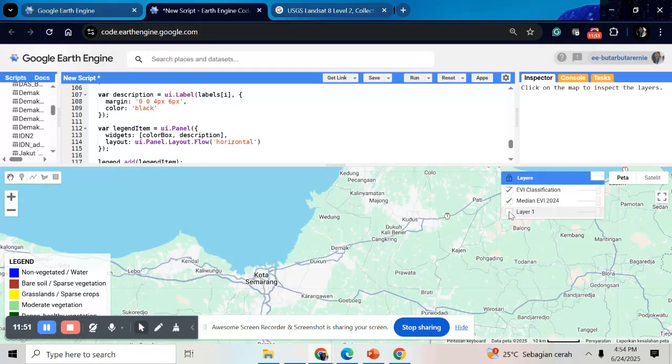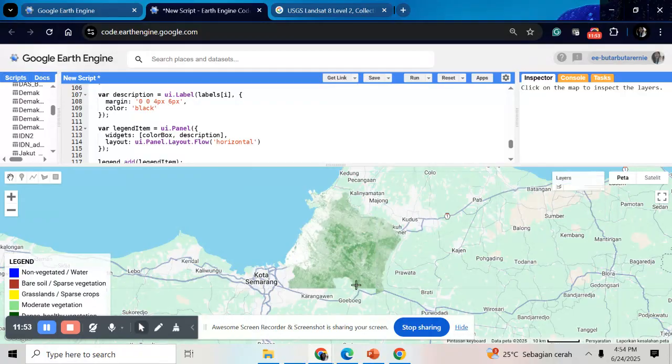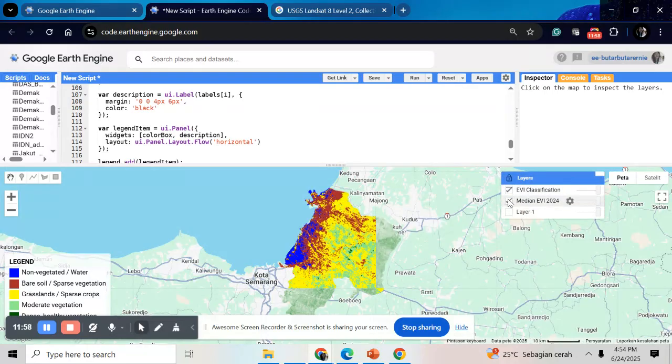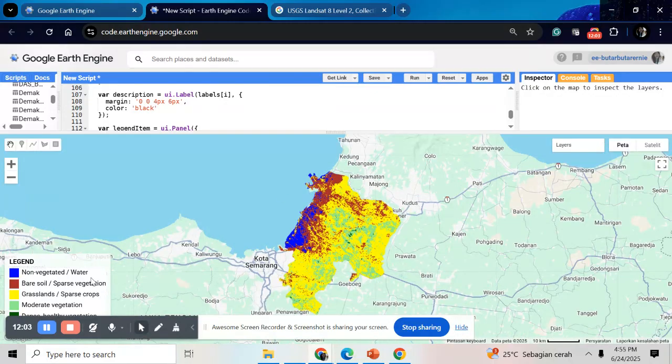This one is my ROI, and this one is the median value, and this one is for the EVI classifications, in which the blue color is water because it's less than zero, the red color is bare soil or sparse vegetation, the yellow color is grassland or sparse crop, this light green is moderate vegetation, and this dark green is